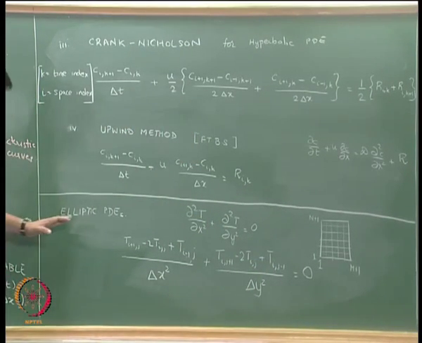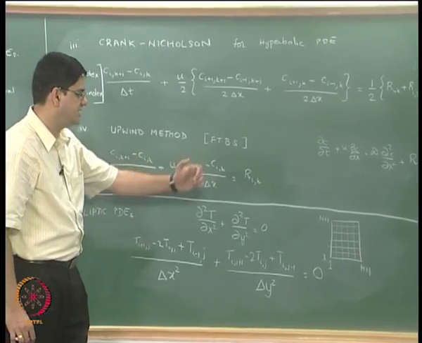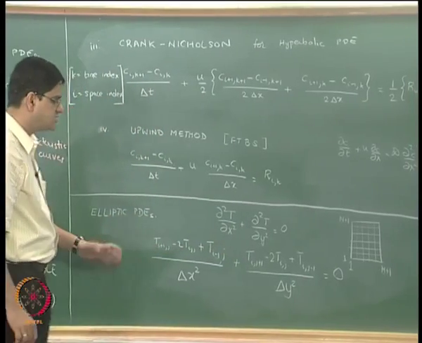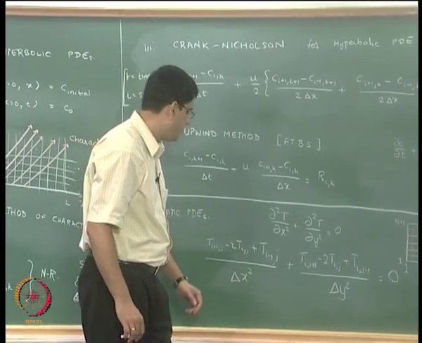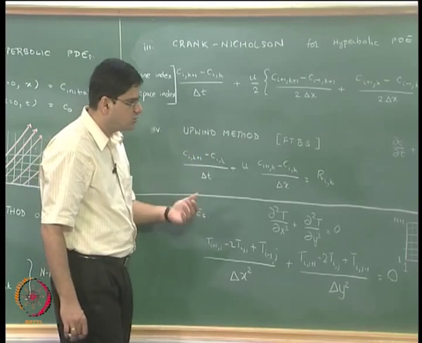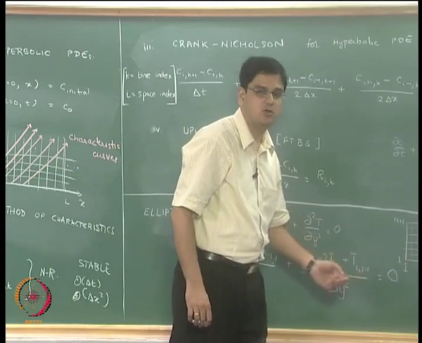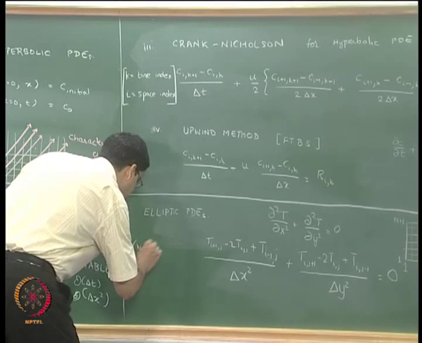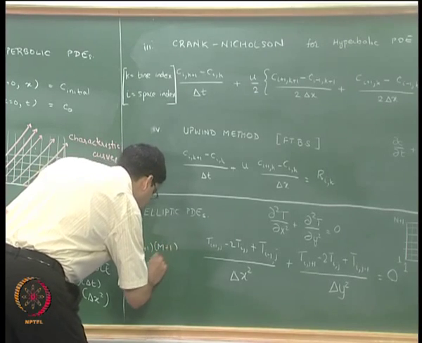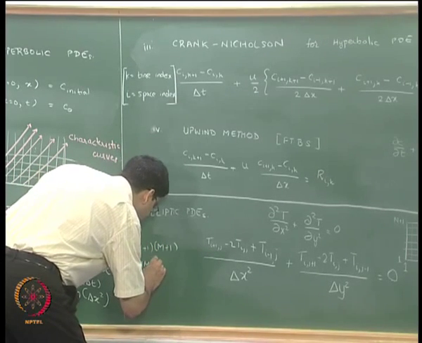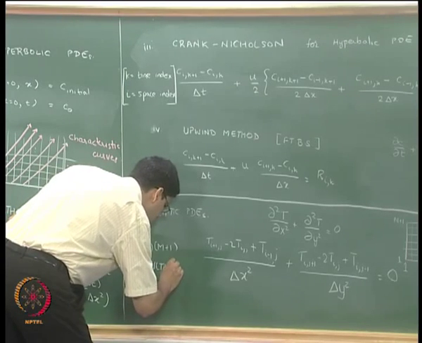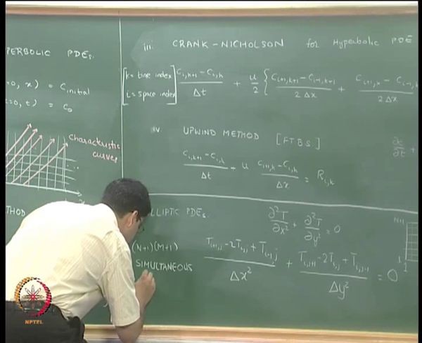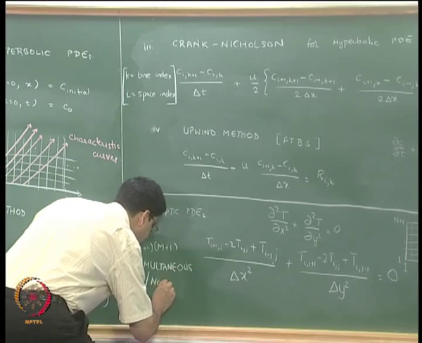Now here the equation neither evolves in the i direction nor does it evolve in the j direction. As a result, when you write all these equations, you will have written the equations for i equal to 1 to m plus 1 and j equal to 1 to n plus 1. As a result, you will get n plus 1 multiplied by m plus 1 simultaneous equations, which could be linear or non-linear equations.